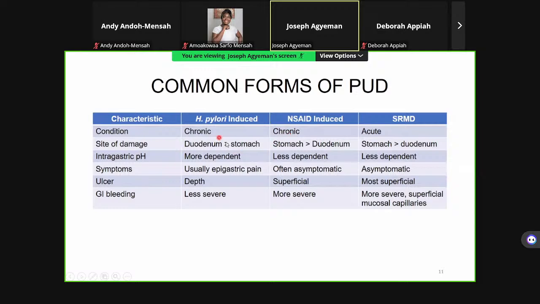The site of damage: H. pylori is more tilted to the duodenum than the stomach. That doesn't mean that those with gastric PUD don't have H. pylori. They do, but it is more common with duodenum or duodenal ulcer than gastric. But NSAIDs